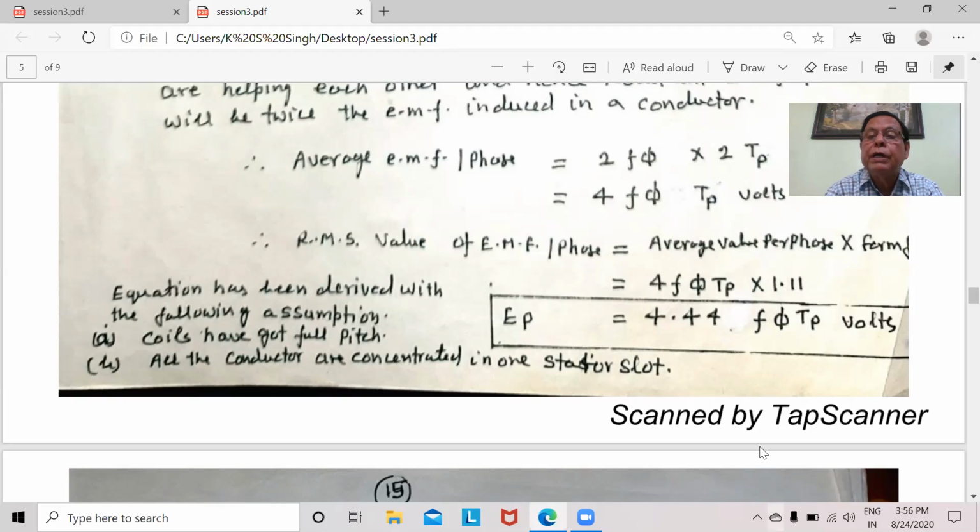So in this way, if you see this expression, I have already told you this expression is derived by assuming that